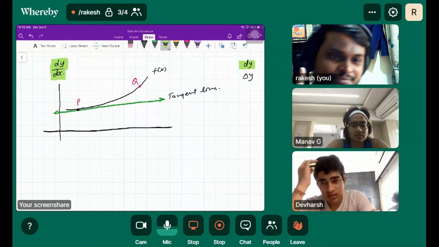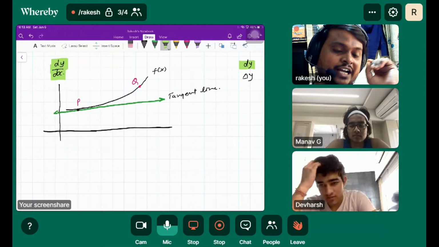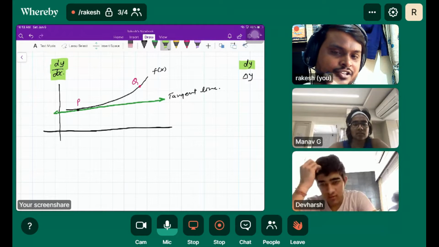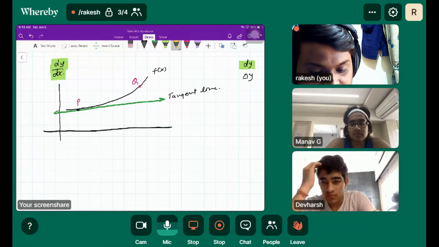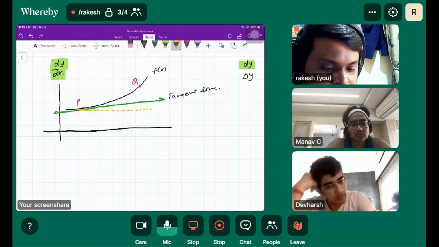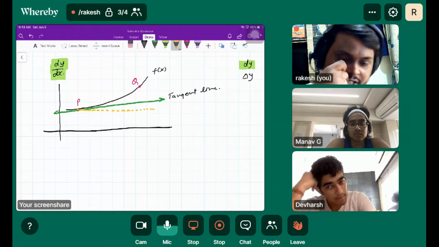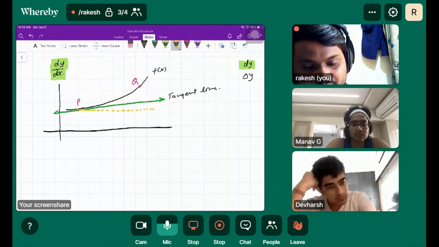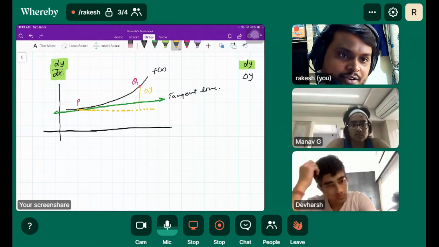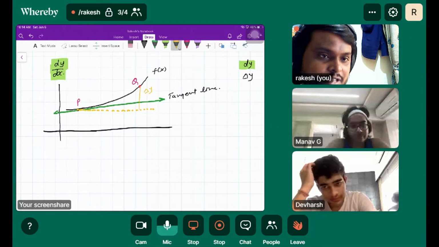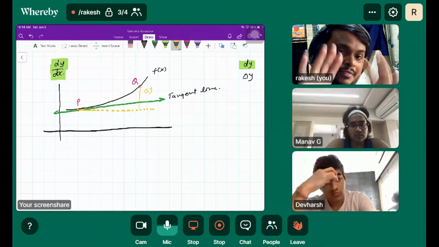We talk about delta y. Where can I show dy? That is my question. Because I know delta y, you can easily figure out what delta y is, the change in height of the function, right? So if I just draw this, you will definitely tell me what delta y is. That is the change in height of the function, right? So what is delta y? Delta y is simply this, because that is the change in height, right? But what is dy? That is my question. What is dy? Where can I represent dy?